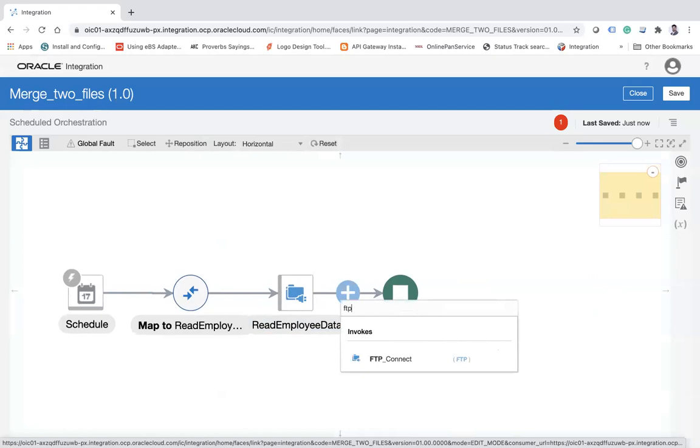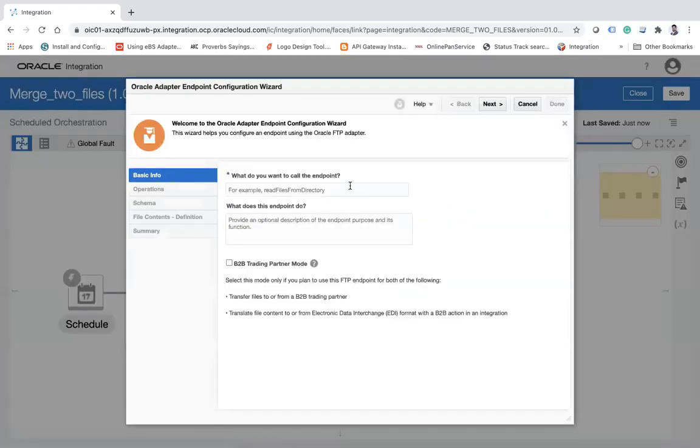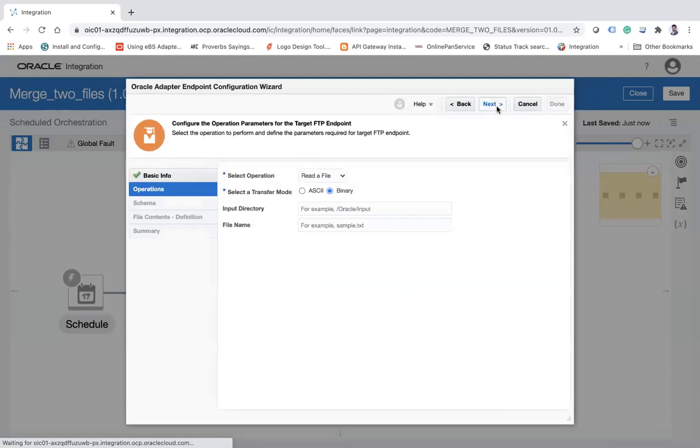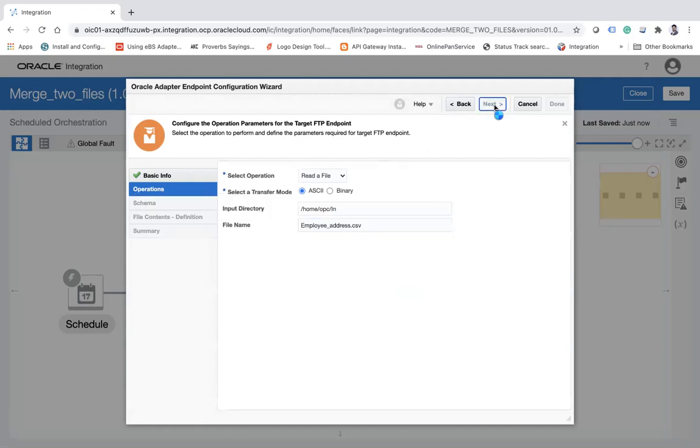So I need to make another FTP call. I'll say read employee address. Next, again read file, and here the same directory, which is in, and here I will give the exact file name, which is employee_address.csv.